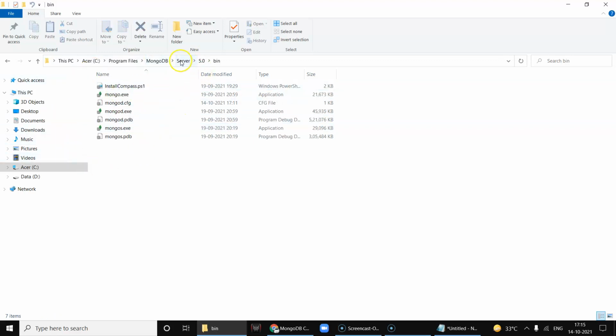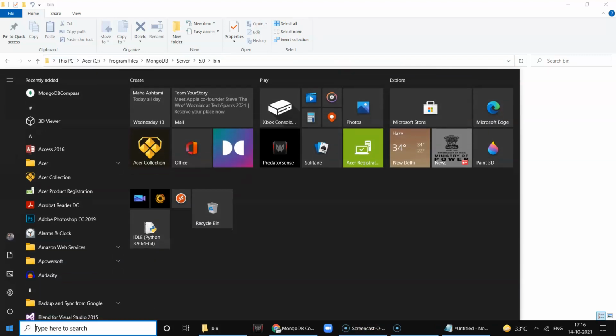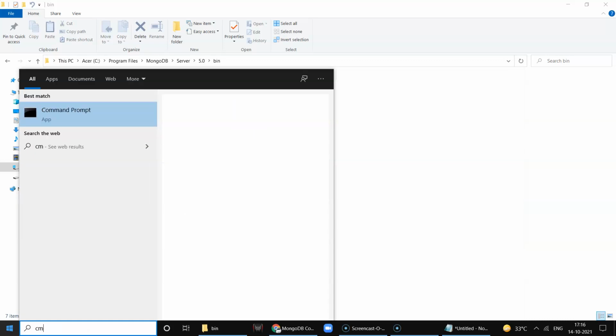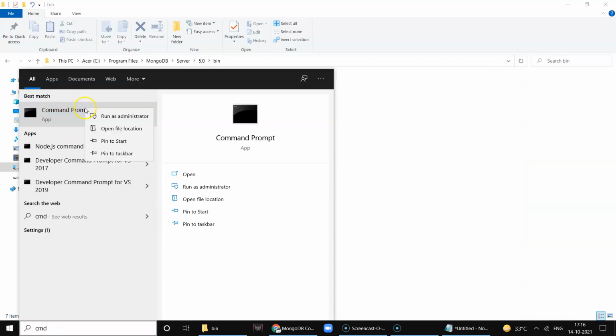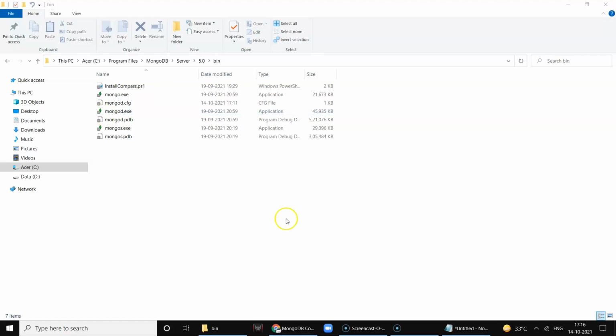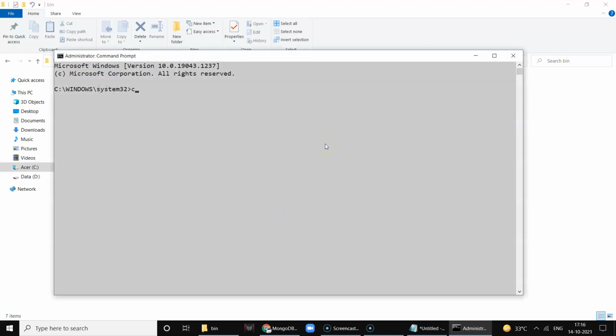Here in this bin directory there are all the executables. We click on this, we copy this path, we open the command prompt, and we set the path to the MongoDB path.